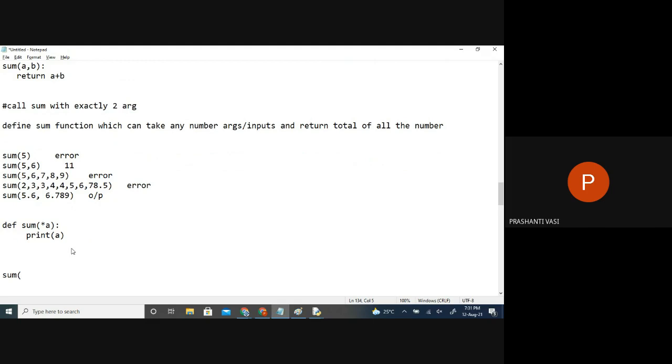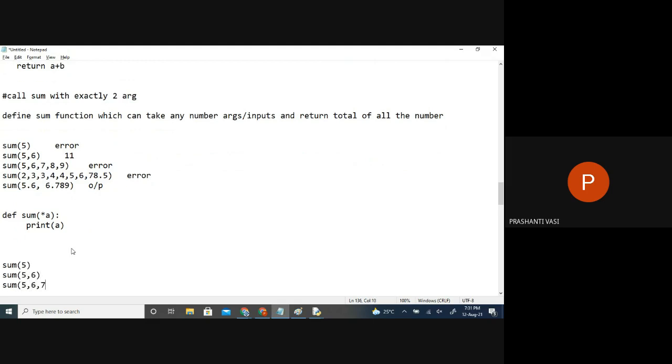Now if I call 5, 6, 7, whatever you pass, it will be converted into which format right now? A tuple format of data. So whatever arguments you're passing, it will be taken as a collection of data, a group of data, or as an object of tuple data type. If you pass just one, it is wrapping only one value inside the tuple. If you're passing two also, it's a single argument only. How many ever arguments you pass, it will be taken through this star mark.